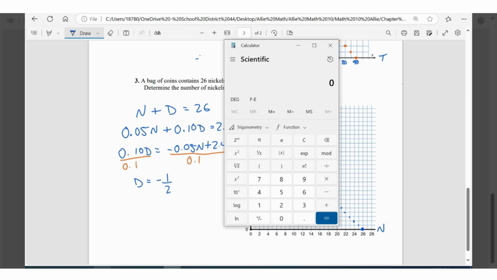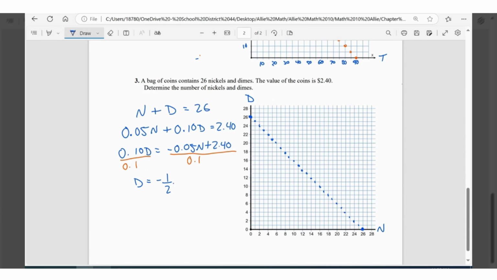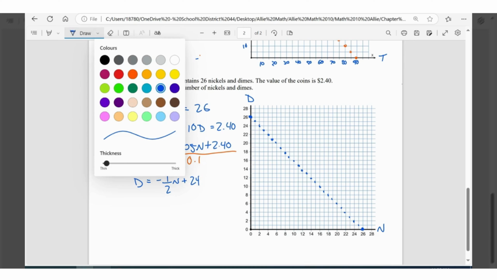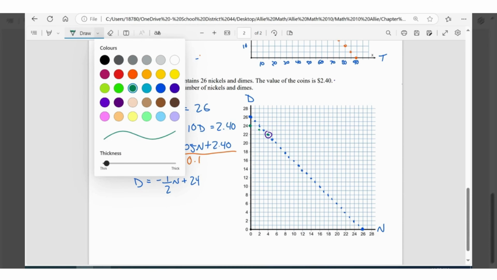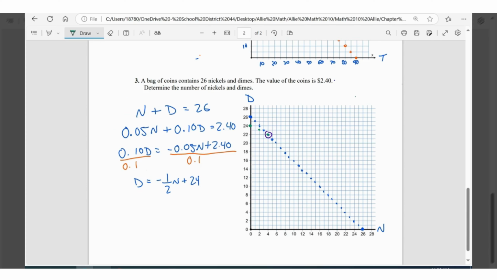And then we also have 2.4 divided by 0.1, which I think gives us 24. Yeah, d equals negative 1/2 n plus 24. And then let's plot this guy. We have a y-intercept, or in this case, d-intercept, of 24. And then our slope is negative 1 over 2. Looks like we already have our point of intersection. But let's do a few more. Down 1 over 2, down 1 over 2, like this. So it looks like we have a solution at